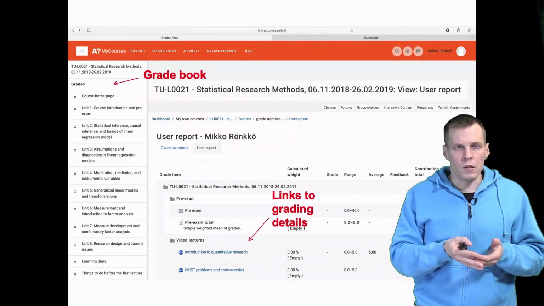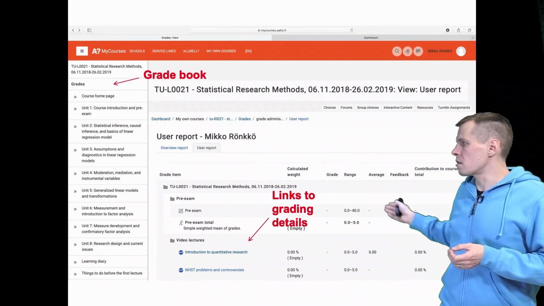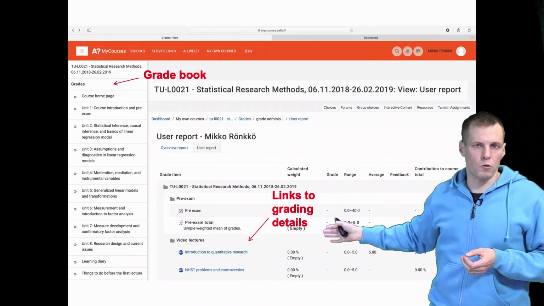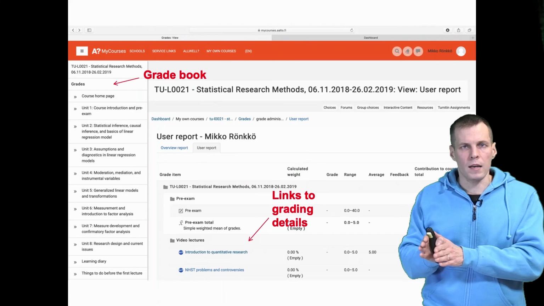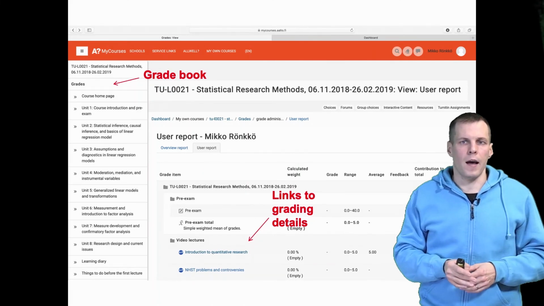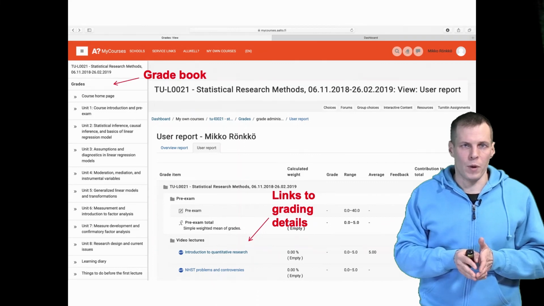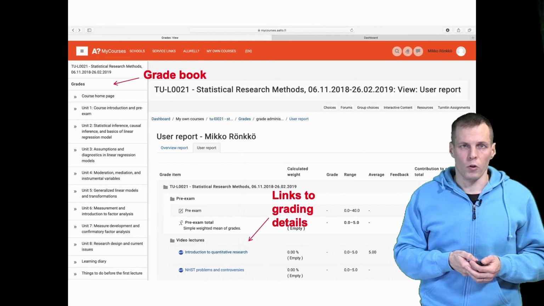How you follow the actual grading is that you go to Moodle's gradebook, and then there's a grade sheet here that allows you to check what kind of grades you got for each assignment. 5 is the maximum, 1 is minimum passing, 0 means failing, and then there is typically some kind of information on how that compares to other grades if you are into looking at that kind of thing.